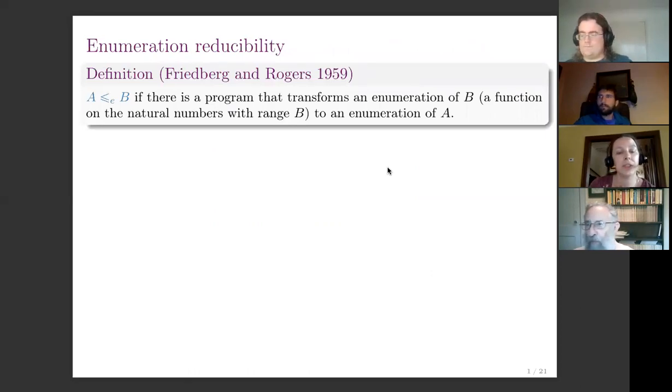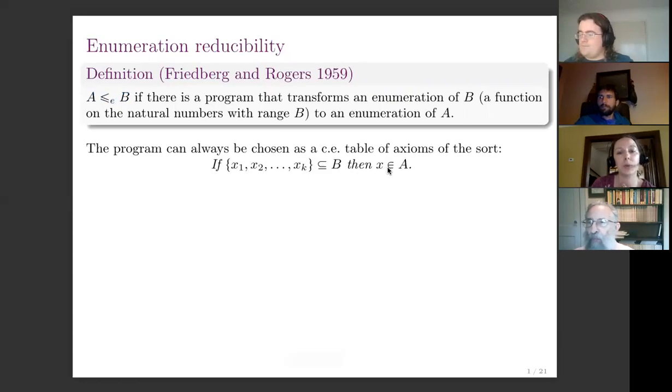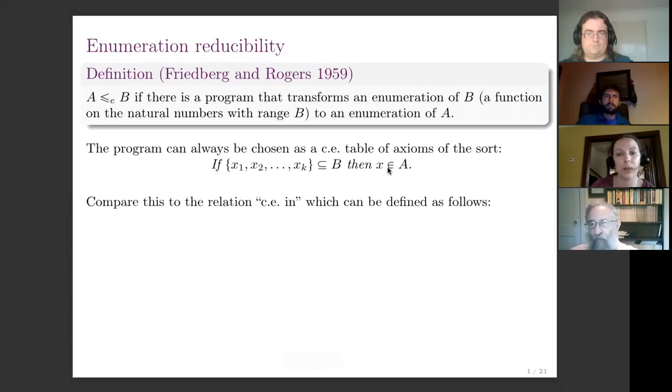In this definition, we can show that we can always choose this program to have a specific form. It can be chosen to be a CE table of axioms that all have the following form: if you see this finite set x1 through xk in B, then enumerate x in A. The reason that I want to point this out is I want to draw your attention to a relationship